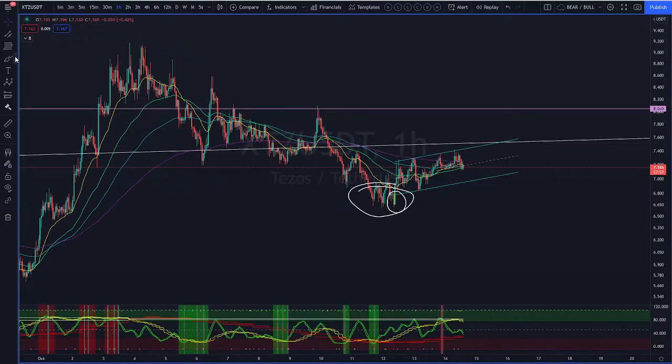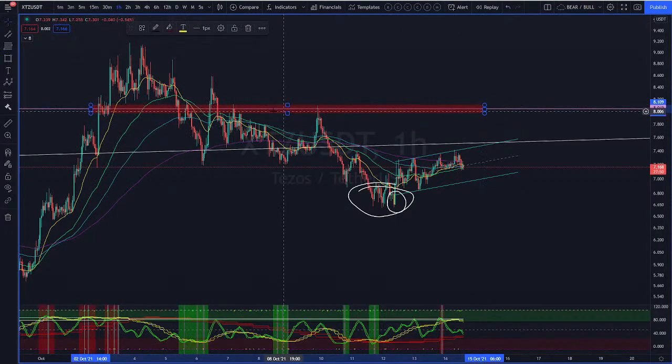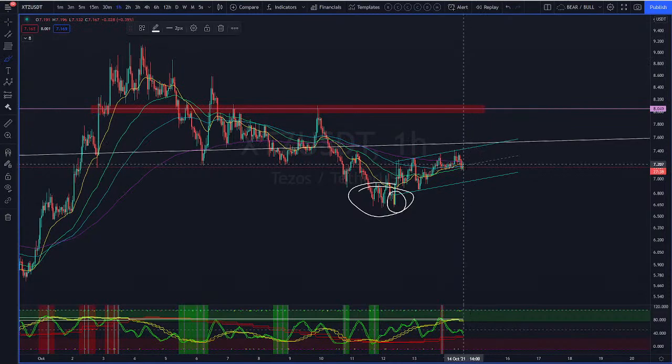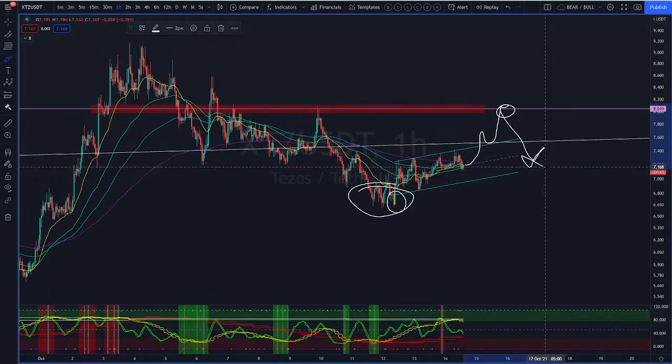I'm taking this off of this clustering right here. And if I take this to the right, I've got this clustering here. And you can see we had some resistance here, support here. And then on the downside, we had some resistance here, resistance here. So if we do happen to break up and out of this, I would say we're probably going to do something like this, down, up, up, down, up, get some rejection here, and then move ourselves down back into the channel where we find some support at the lower, and then potentially from there we go up higher. So that's what I've got on